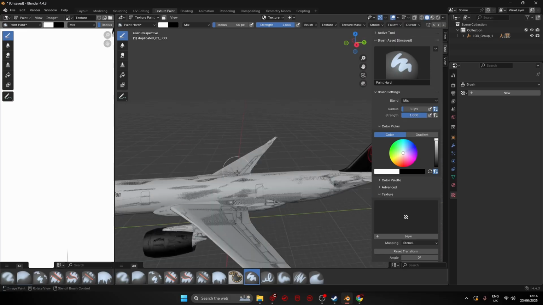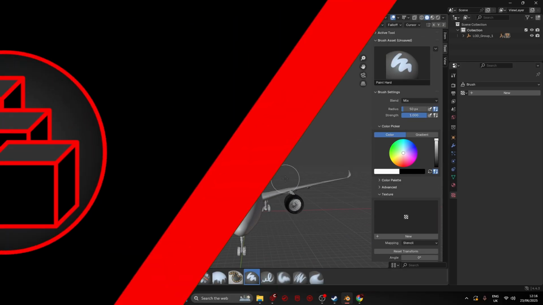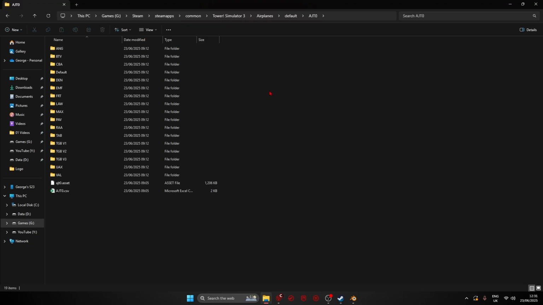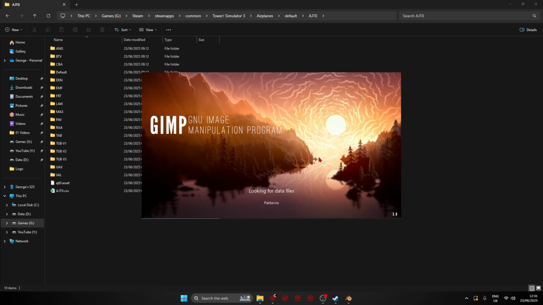But you might be thinking, there aren't any windows on here. And there's quite an easy way to fix that, but it does look very complicated. So bear with me while we go through this. So this is where the Steam folder I told you to open earlier comes into play. So we've been editing the AJT0 here, and then these are all of the different default liveries that come with the game. So now if we open up GIMP, the photo editor,